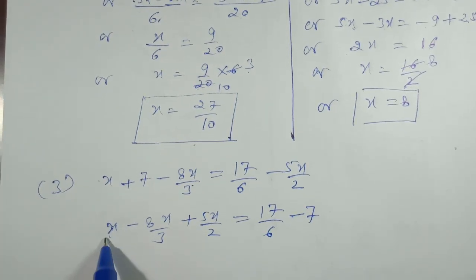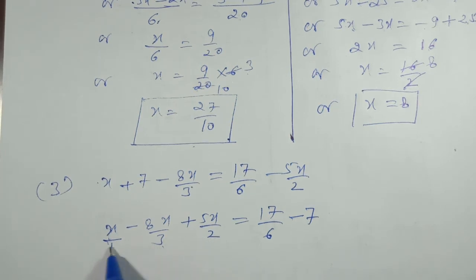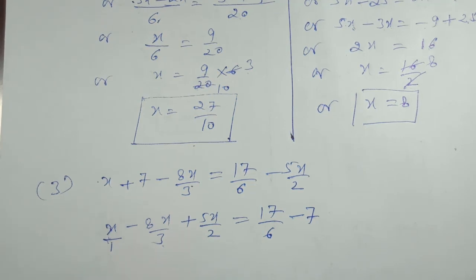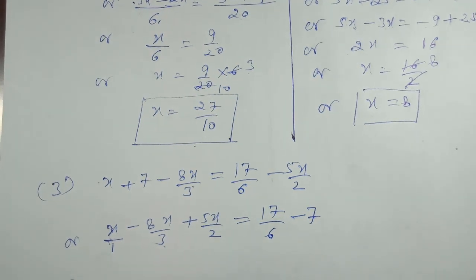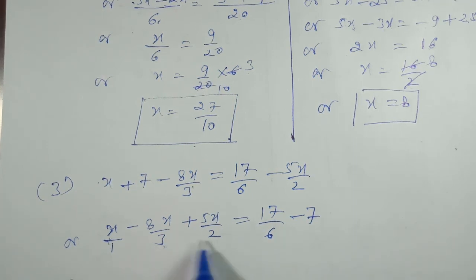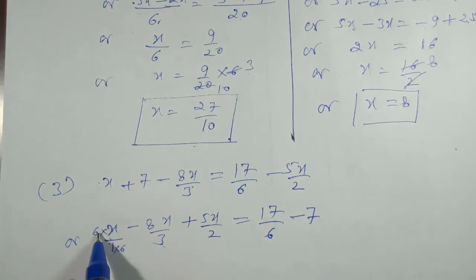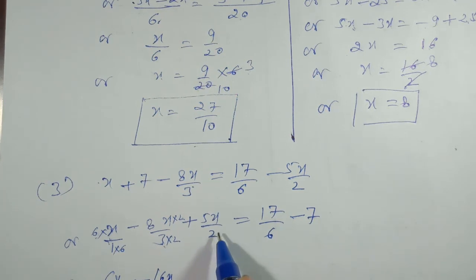Now take the LCM of all the 3. Here the denominators are 1, 3 and 2. When we take the LCM of all the 3, 3 and 2 come in the tables of different numbers, so their LCM will be the multiple of these two, 6. So we have to make the denominator of all the 3 as 6. For making it equal to 6, we have to multiply by 2, so the numerator will change into 16x. It is negative, so put the negative sign. For making it equal to 6, we have to multiply by 3, so the numerator will also be multiplied: 5 3s are 15x.